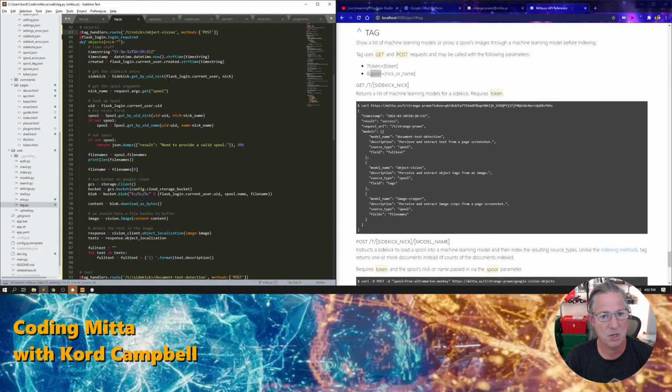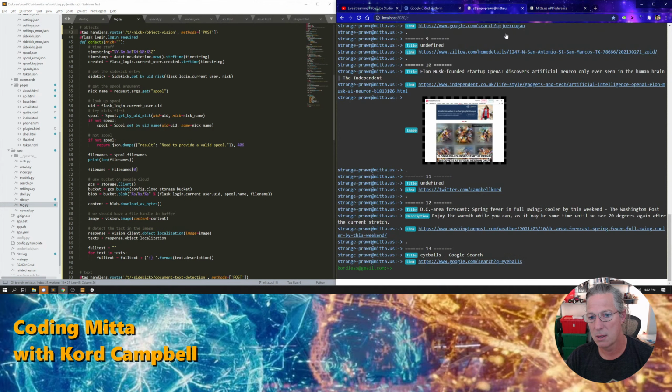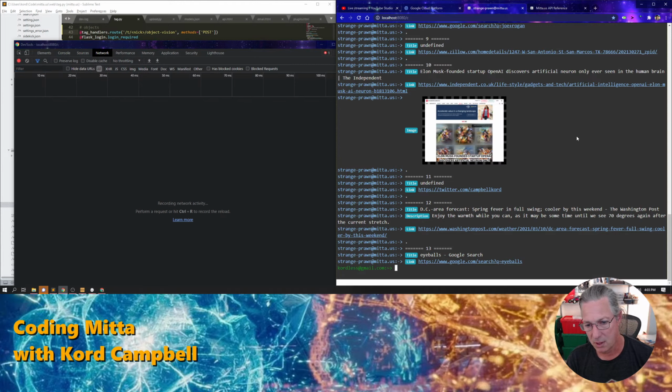So we're going to go /t, and then we're going to do h. So let's see, this is a post. So to htt, oh, then we've got to do d, and then we've got to do spool, and then the spool ID. So we need a spool, and in this case, what we can do is inspect, and go to network, and we can say,